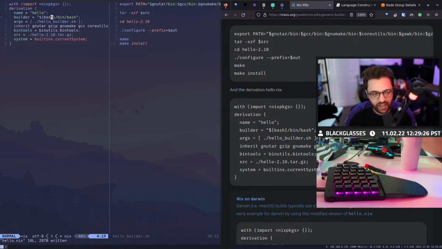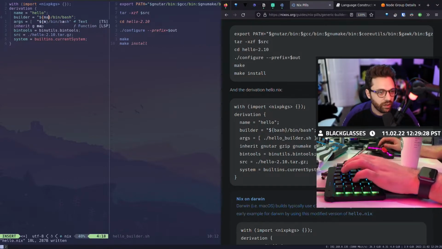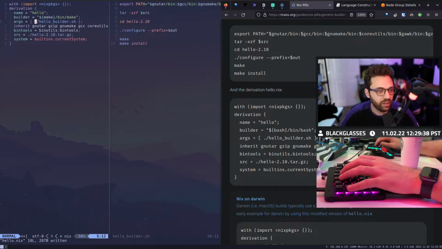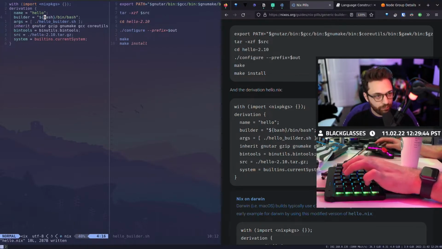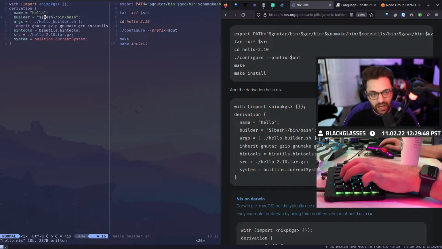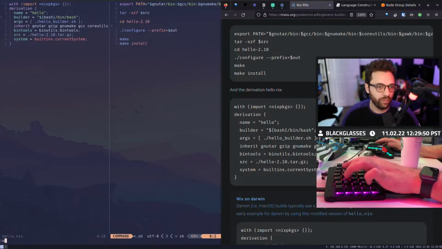Like I said, if we wanted to, this could be make. It just means that it's going to run the binary make, and then give it args. If we're giving it those args, we have to make sure that it would work out of the box. In this case, we create a bash shell so that we have a nice little shell to play in and build software with. But not even that is always required when building software with Nix.